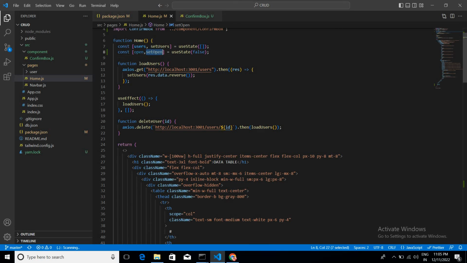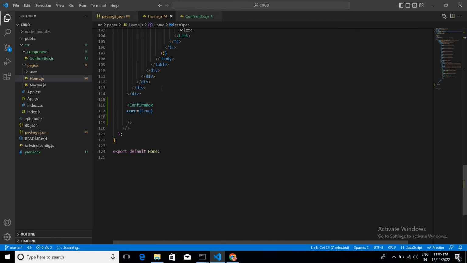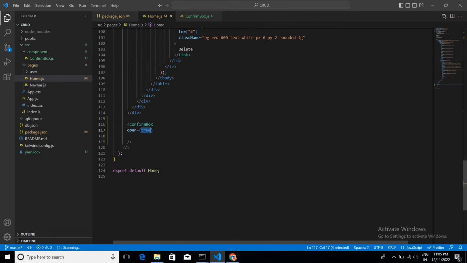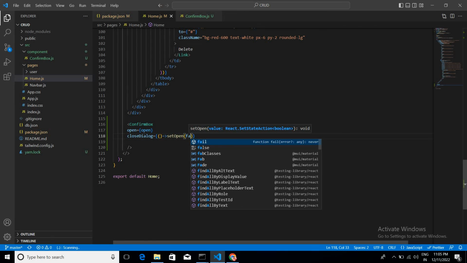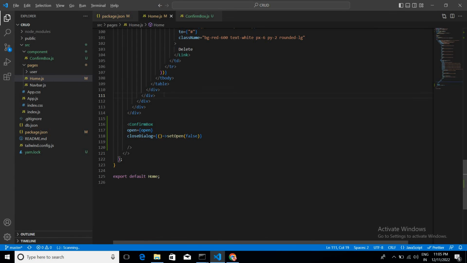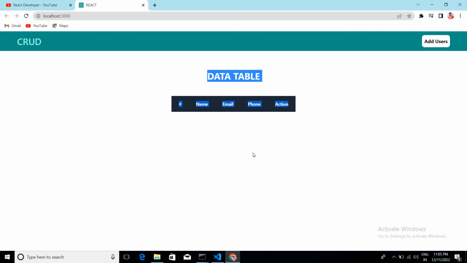So now what we can do is open and close the dialog. We'll have a simple function which will just do this one, set open to false. So now if you go to here,